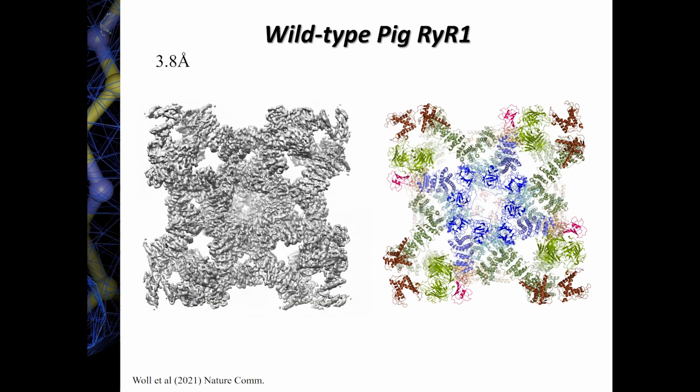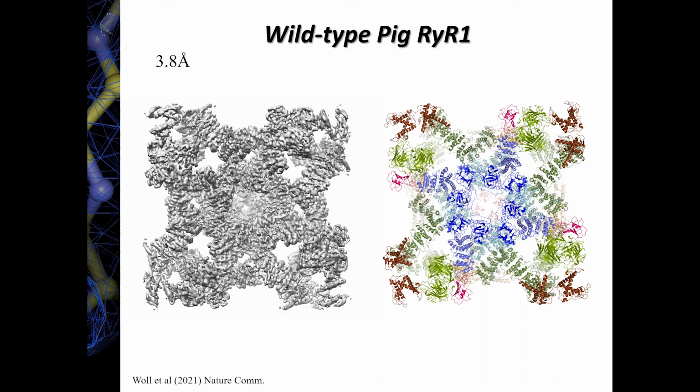Now, how about structure? So we first had to have a reference structure of the wild type big RyR1, and that's shown here on the left. This is the cryo-EM map of wild type big RyR1, and this is the corresponding model here on the right that's been built into that map. And so I've colored this structure according to different regions, and I'm actually going to point out why that's important to look at these different regions. So overall, this structure is similar to what was described before for rabbit RyR1. They're very related. But let me point out exactly where the disease mutation is.